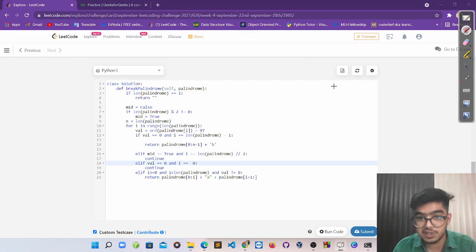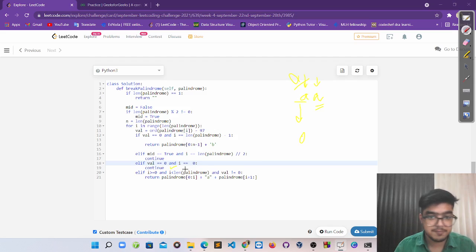Another test case is, if value is 0 and we are also present there. Let's suppose the string is a, right? So here you can see the value for a is 0 and its position is also 0. In that case, we don't have to make a change there. We have to make the change at another position. So in that case, we also continue.